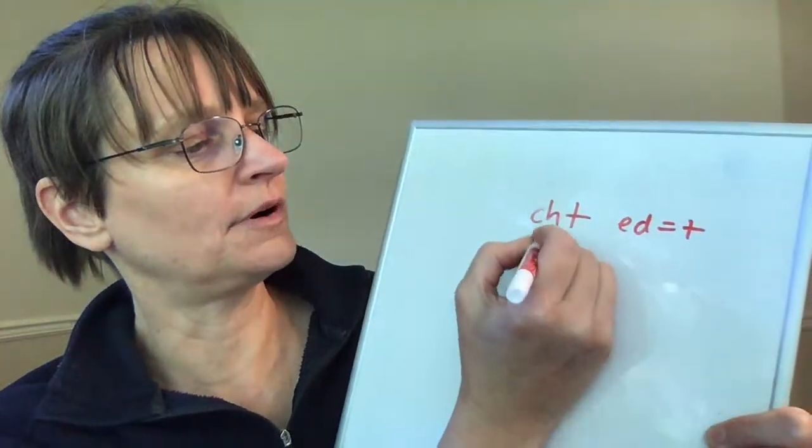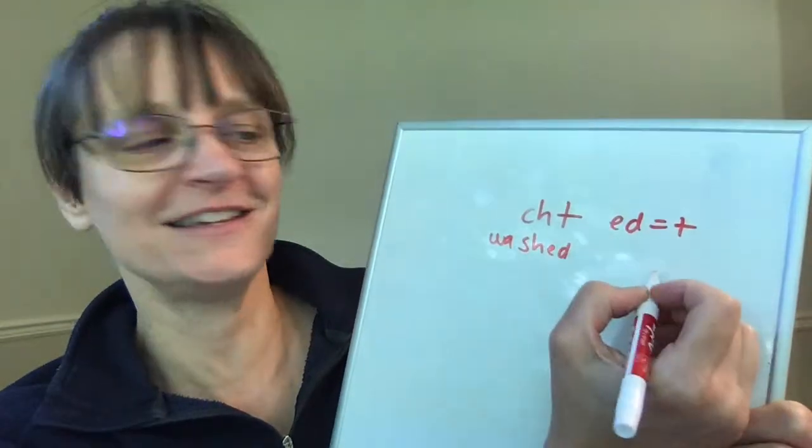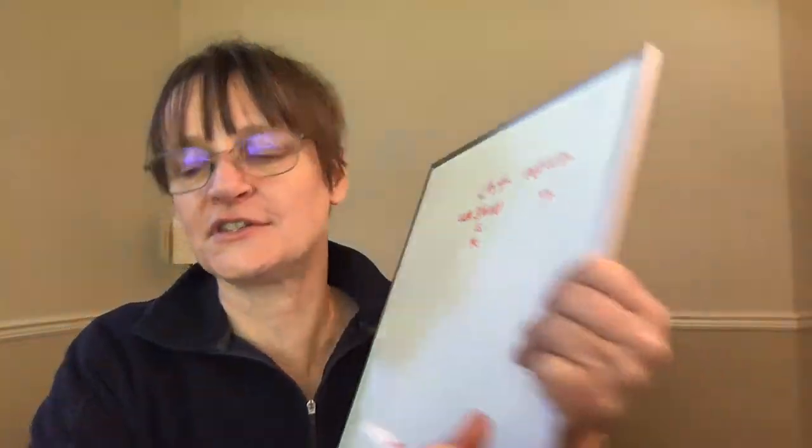That's also true for words like washed, SH plus ED is a T, also S, K, other words that have voiceless sounds. I do have a video about what ED says. If you search under past tense, you'll see that I break down which verbs in the past tense have a T sound, which have a D sound, and which have an extra syllable like an id sound. So yes, to answer your question, scorched, you do really want to hear that T, otherwise it's going to just sound like scorch, the present tense verb.